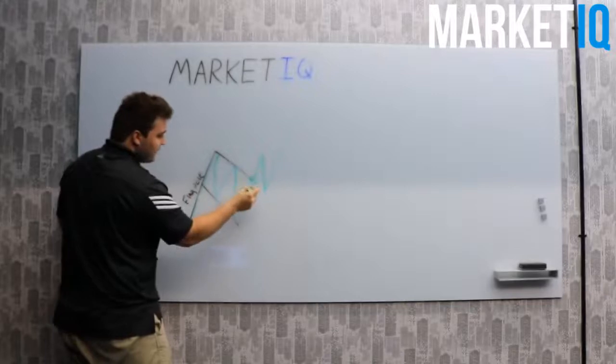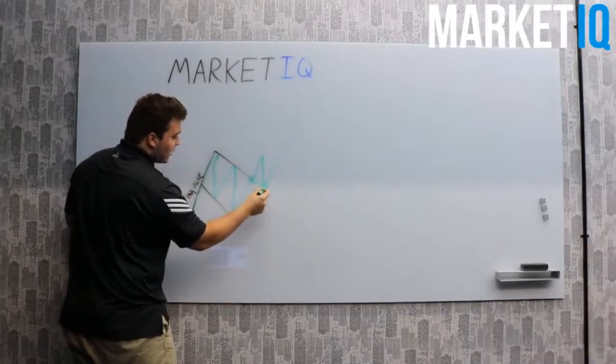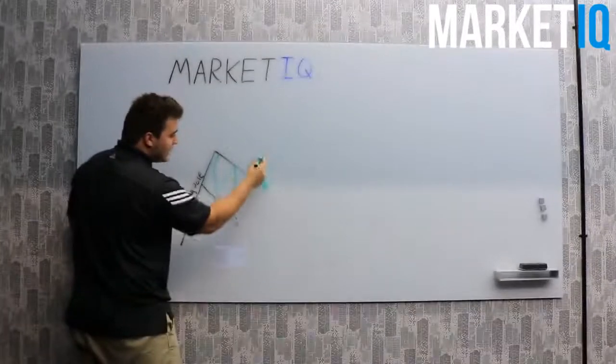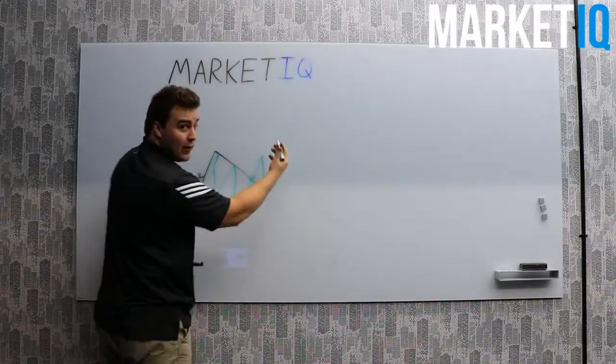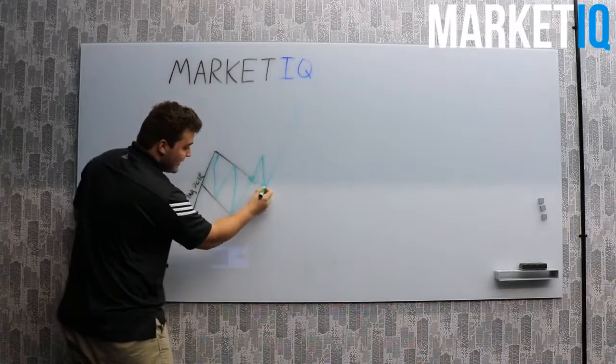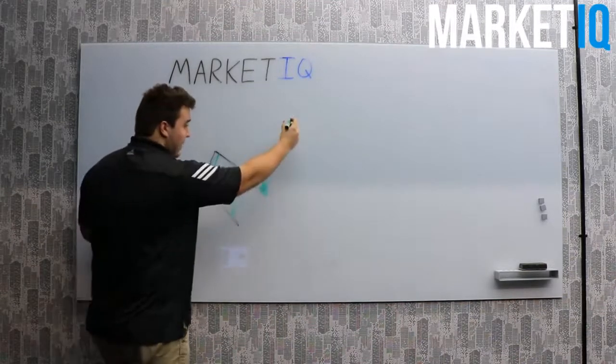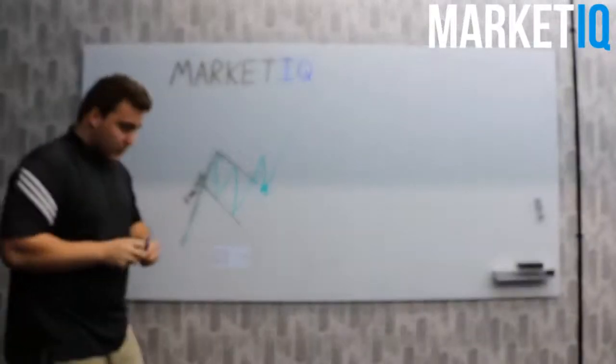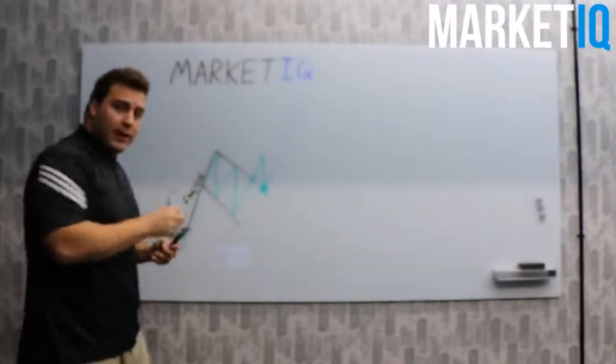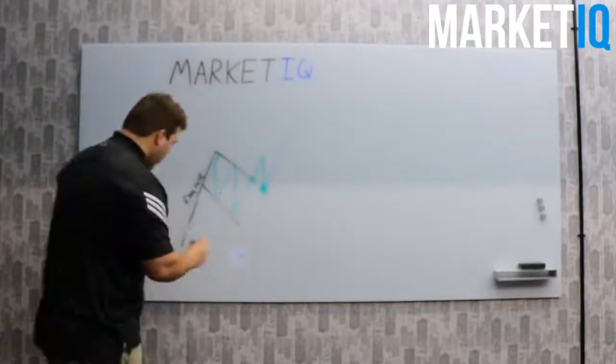So you actually have two different entries. This is a stronger confirmation because it might not always come back to here. It might just spike right away. But if it pulls back, this is an amazing entry that you can have to have this support. Now remember, when finding your target price and target level for your take profit, what you're going to do is